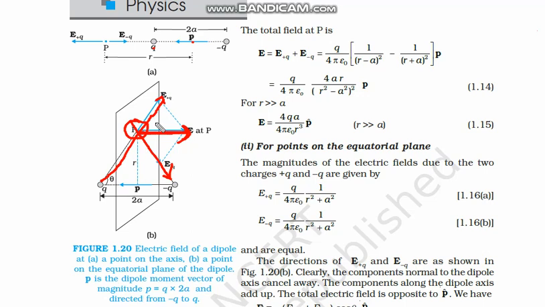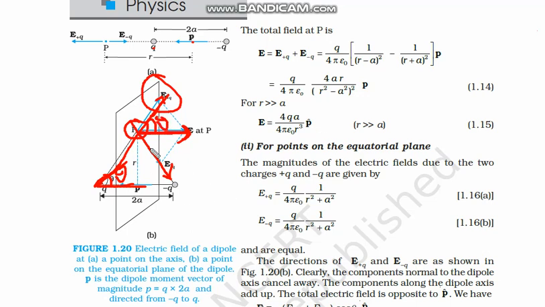So now we need an angle. What is this angle? Let us take the first electric field, E positive Q, and the angle with this direction is theta. Then this other angle must also be theta due to similarity, because this line is parallel to this line and this line is parallel to this line. So both the angles are theta.